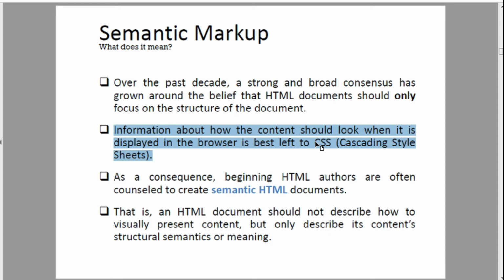All the styles of those HTML elements can be done using CSS, but whatever the structure part of the document is, it is better left to HTML. So for proper structure of the document, make use of HTML. For the presentation part of the elements, make use of CSS.